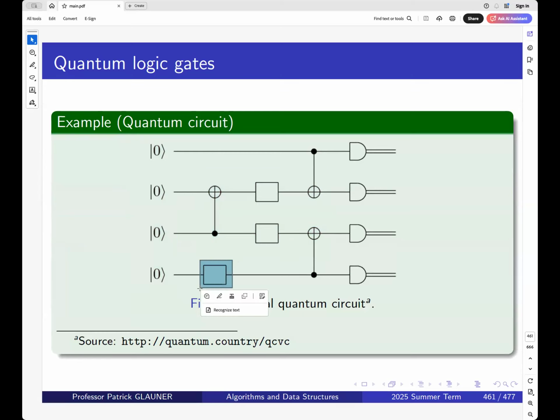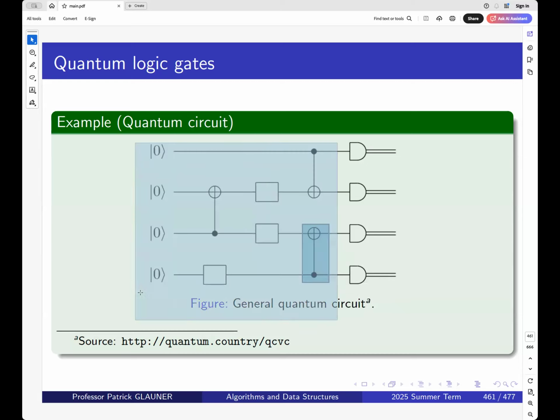Some of them will probably be a Hadamard matrix because I need to create superpositions in order to take advantage of quantum effects. There are other quantum operations, so this block here could be a Hadamard or something else. This is a so-called CNOT, a conditional NOT. What they do exactly doesn't matter for this introductory lecture today, but I will do a series of quantum operations,